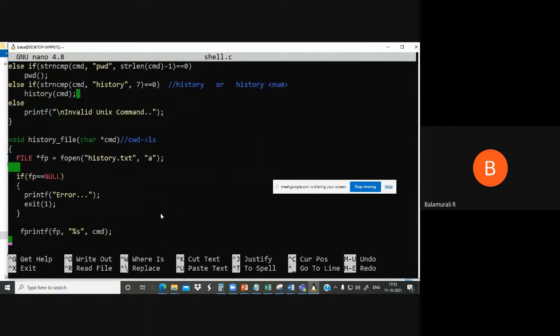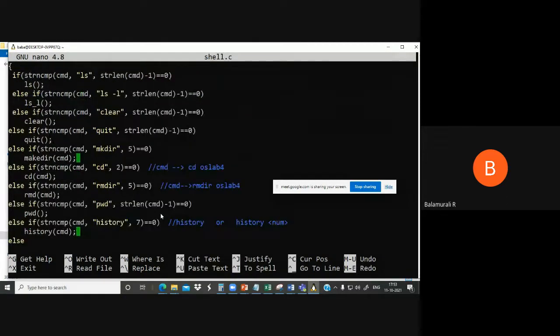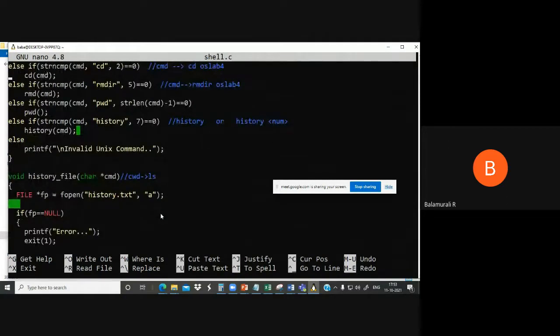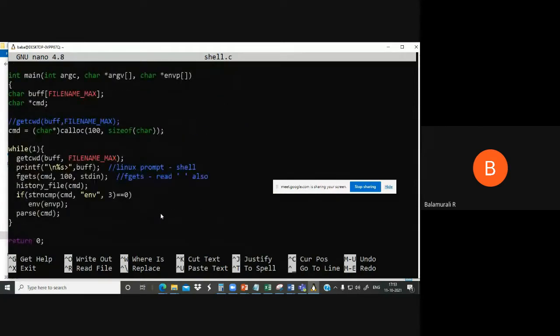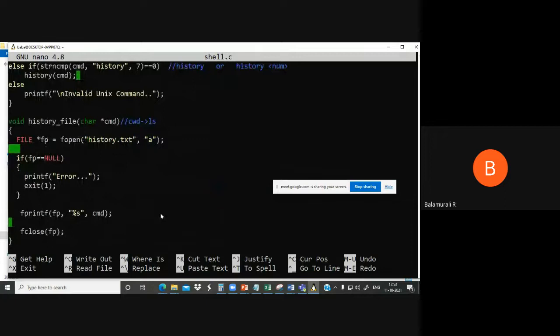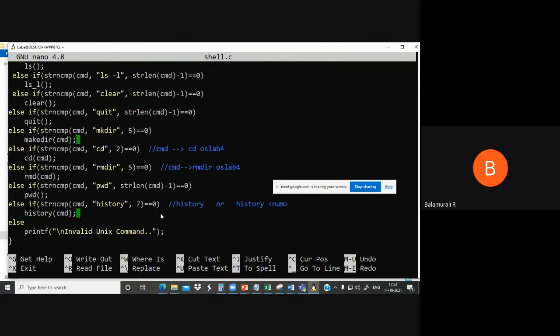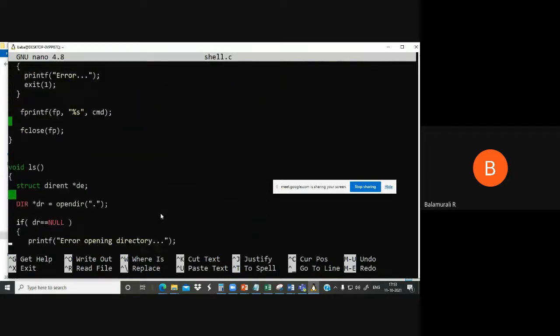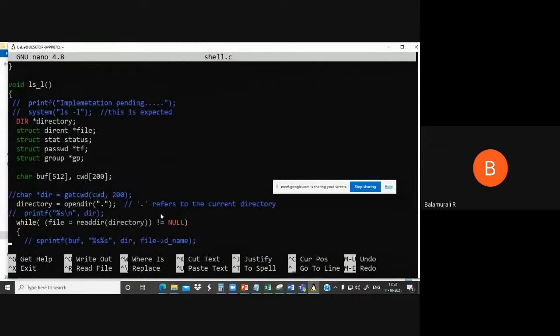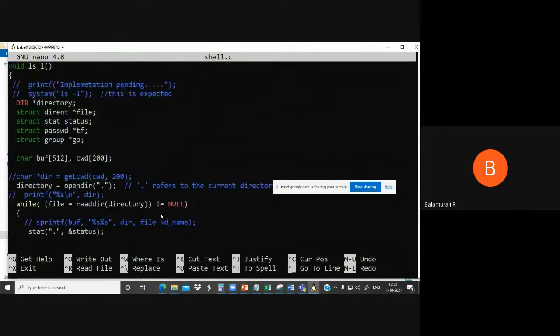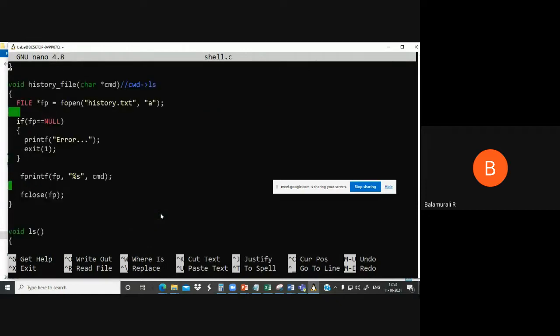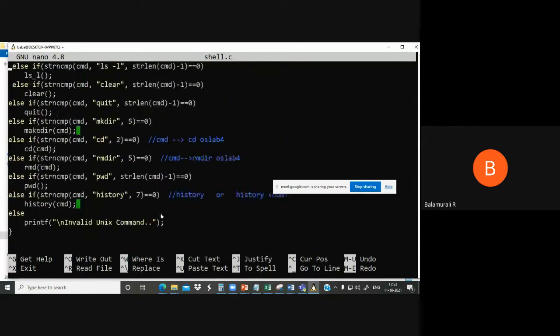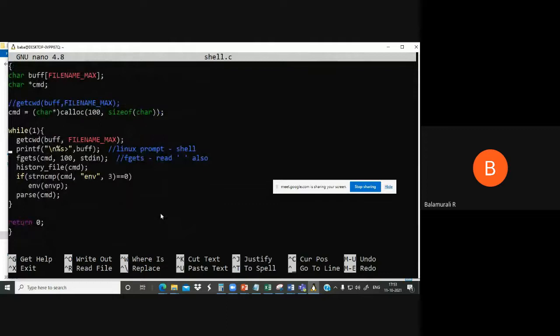Okay, I think the problem is with the history.txt, because this only throws this error. Error, right? Let me comment that line and check. So this is the one, let me comment it.